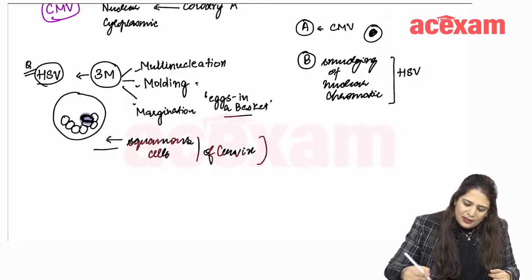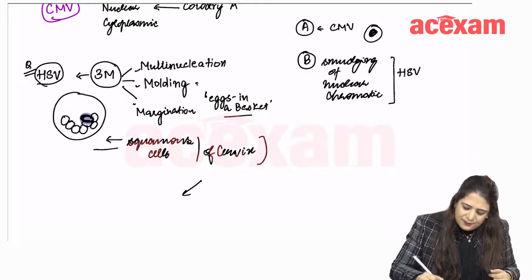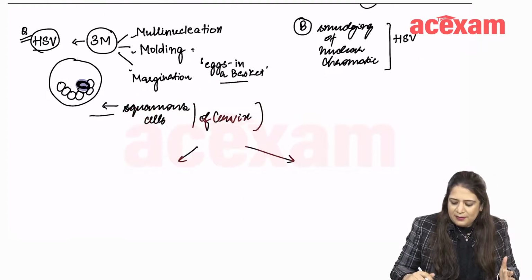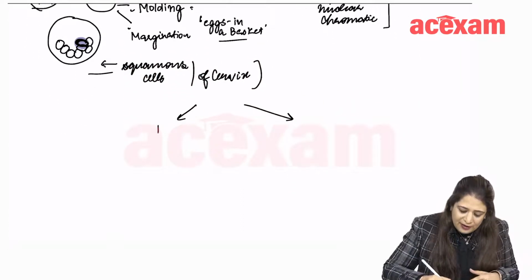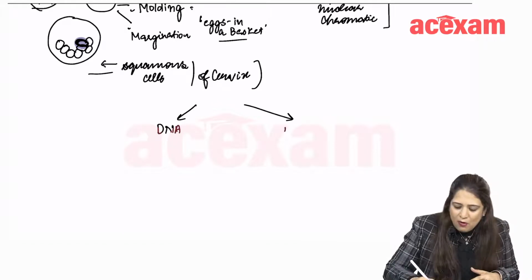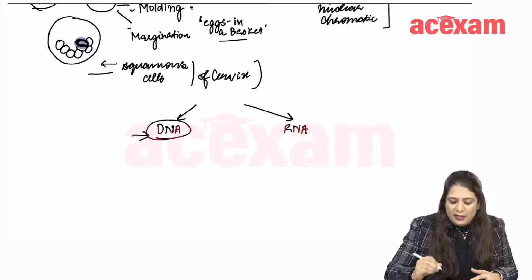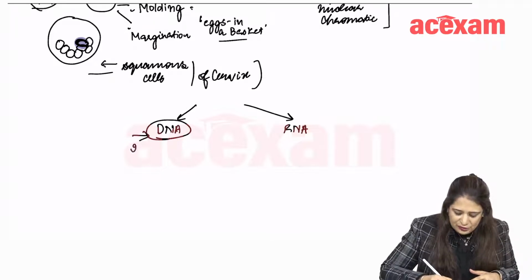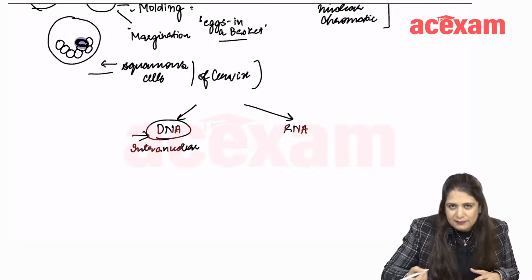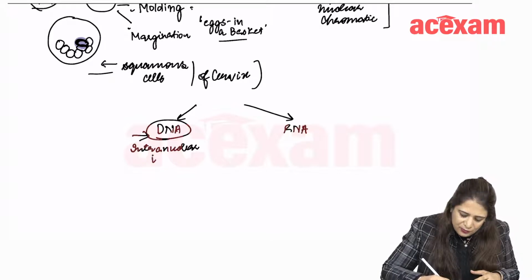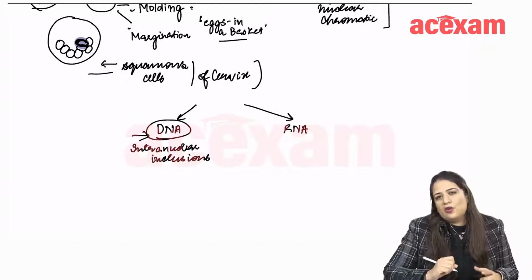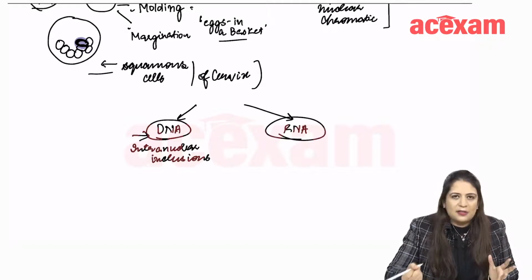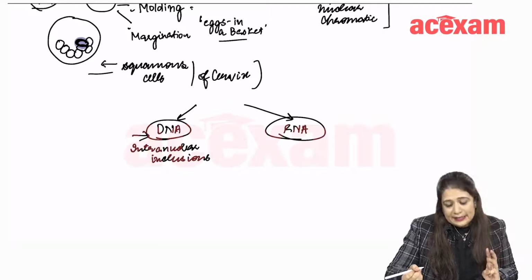Now, to remember these inclusions sometimes becomes a trickier subject. These viruses can be DNA viruses or RNA viruses. It is mostly the DNA viruses which are associated with intranuclear inclusions and the cytopathic effects. Intranuclear inclusions are seen in DNA viruses. RNA viruses, on the other hand, don't form these kinds of inclusions, except for